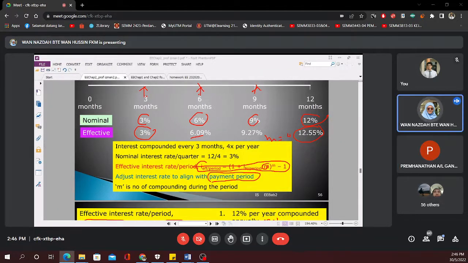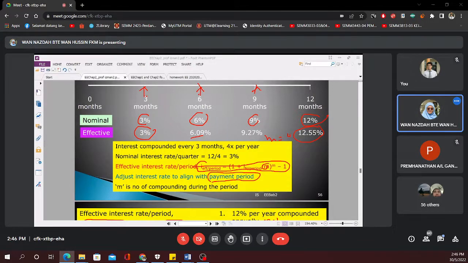Okay. Maknanya kita sekarang ni kita kena bayangkan kita ada buat pinjaman dekat bank kan. Okay, kita buat pinjaman dekat bank. Lepas tu bank ni dia cakap kat kita, okay, your interest rate is 12% per year but the interest is actually compound